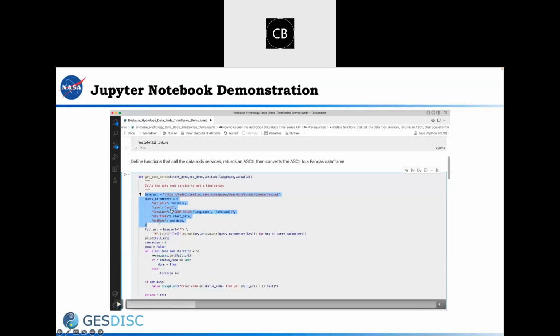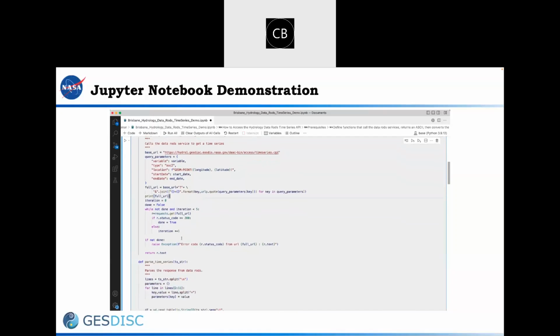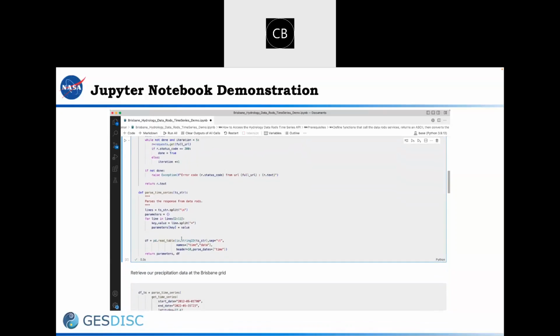You could also get some of these data back in NetCDF. I also pass in the location, which will return a grid closest to that lat lon that I query. And then I have my starting and ending date for the time series that I wish to produce. I perform some other Python methods to check that the link is working and active, and then I return that